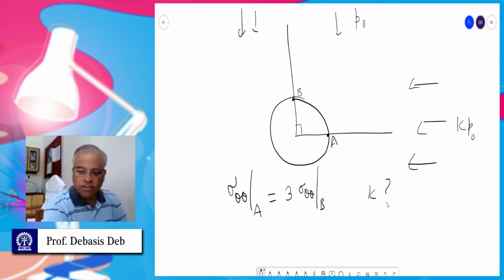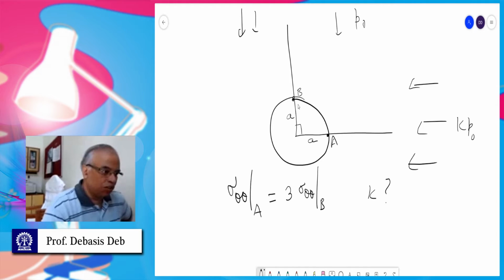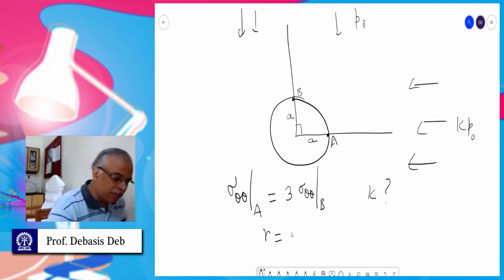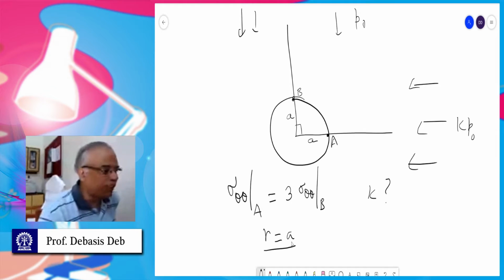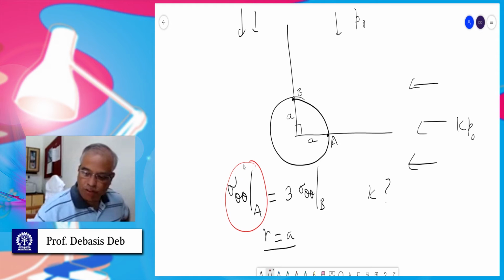You have those equations that I gave you last time. So this is the radius A. Here the condition is R equals A. In that equation you have to put this R equals A. So you tell me, if R equals A, what will be sigma theta theta at A? What is the equation? Then it will become